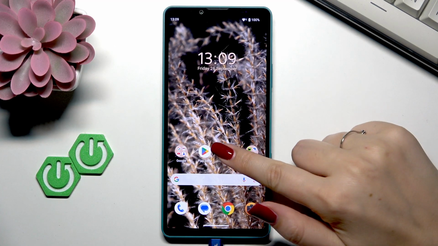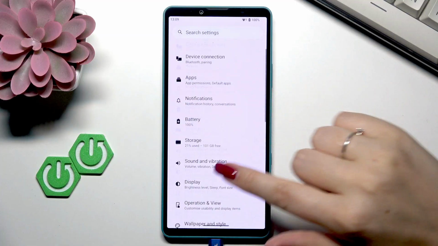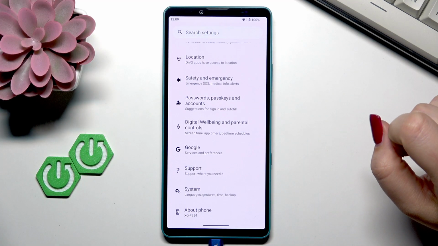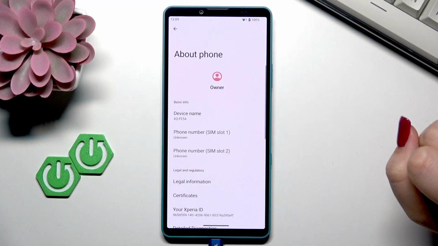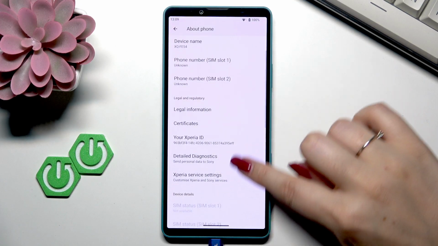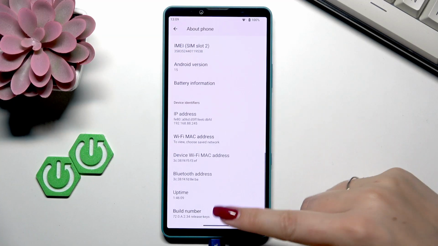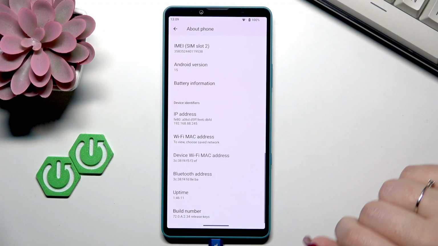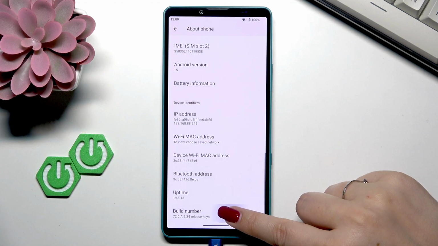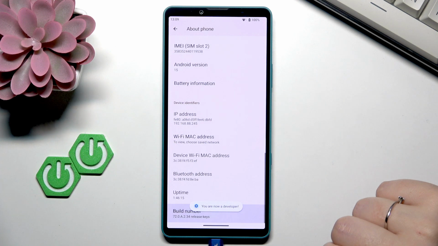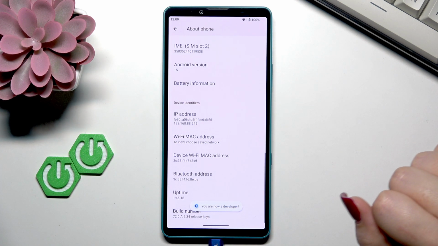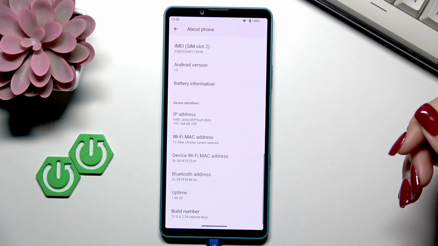So let's begin with opening the settings, and here we have to scroll down to the very bottom to find About Phone. Right here we have to locate a special number which is called build number, and as you can see, in this device it is at the very bottom of the list. So now all you have to do is simply keep tapping on it until you see that you're in the developer mode. If you've got any kind of screen lock, your device will ask you to enter it to